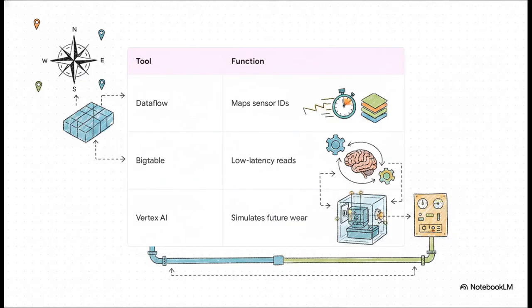environment. If we look inside the engine room of this pipeline, you'll see these specialized tools working in perfect harmony to drive live visual demonstrations. Dataflow acts like your master cartographer, mapping sensor IDs to exact spatial coordinates so the system knows precisely where every piece of telemetry belongs in 3D space. Bigtable, that's your ultra-fast memory bank, supplying the low-latency reads you need to keep a model updating smoothly in real time. And Vertex AI acts as the brain of the operation, analyzing trends to actually simulate future wear and tear. This means operators can run complex what-if scenarios right on the digital replica without ever having to touch the physical